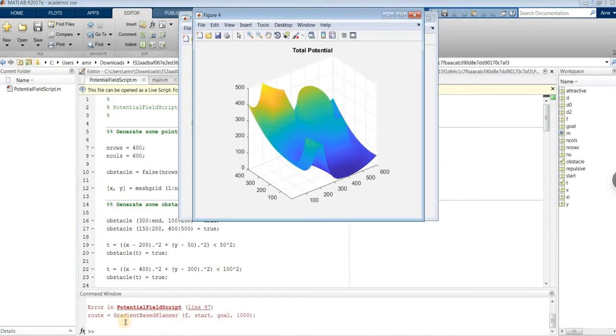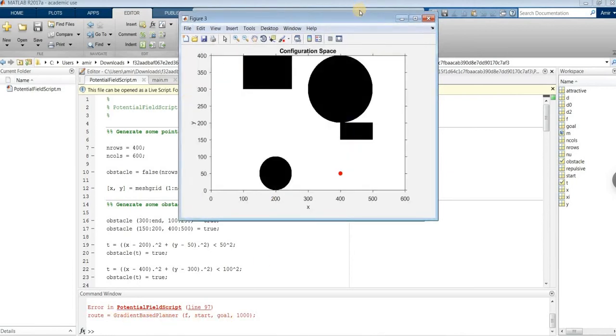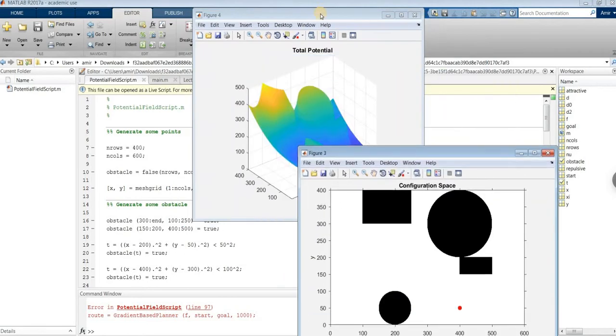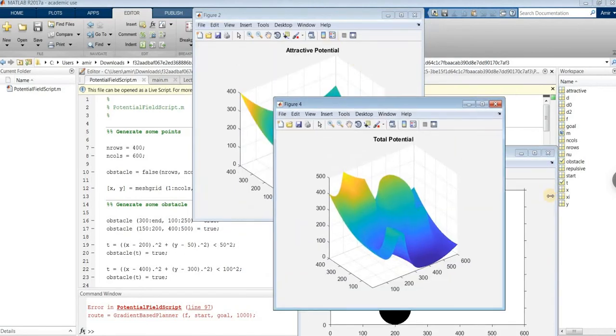So as you can see clearly, there is an error here. This function is missing. So what we can do, we can try to just